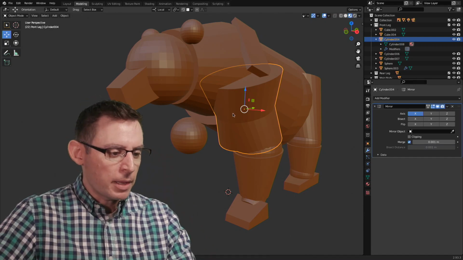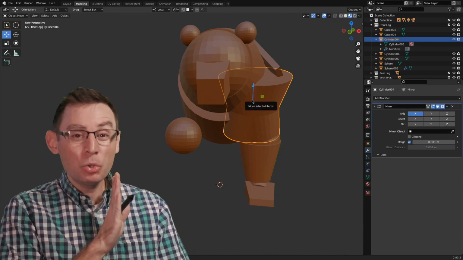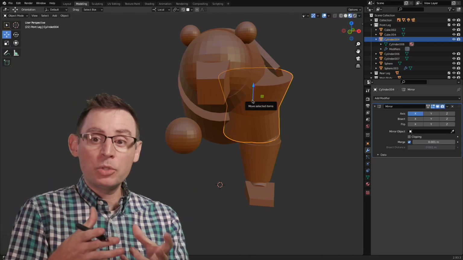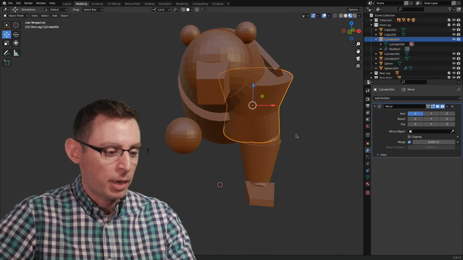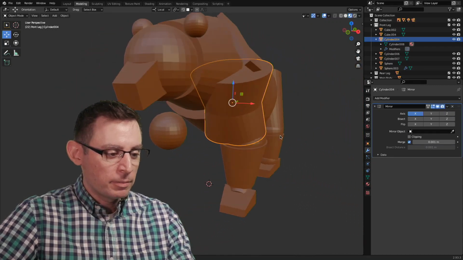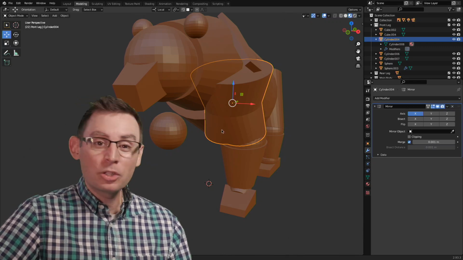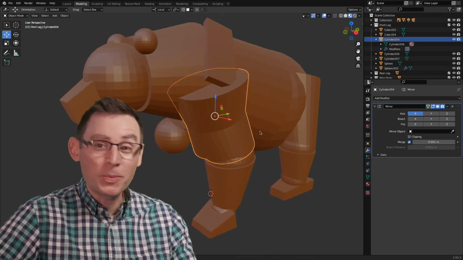Look where it mirrored it. It mirrored at the location of the center point, which shouldn't be too much of a surprise. That's where the computer is understanding where this object resides in the larger context of our three-dimensional scene. That's not a big surprise. But man, it'd be great if we could use the origin point of something else to determine where this copy is going to go. And that's why these modifiers are neat, because we can do exactly that.